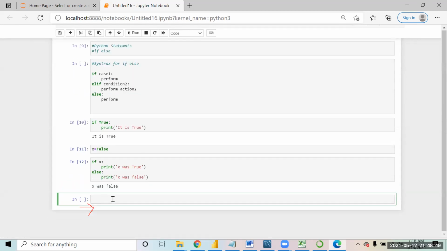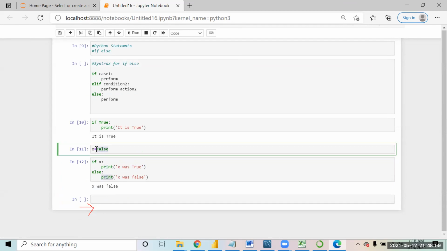If the condition is true, this would have been printed, and otherwise this would have been printed. Now in the variable I had false, which is a logical data. So it will jump because the condition is false, and it prints else.